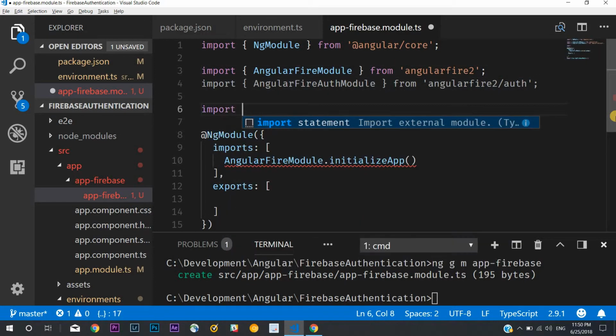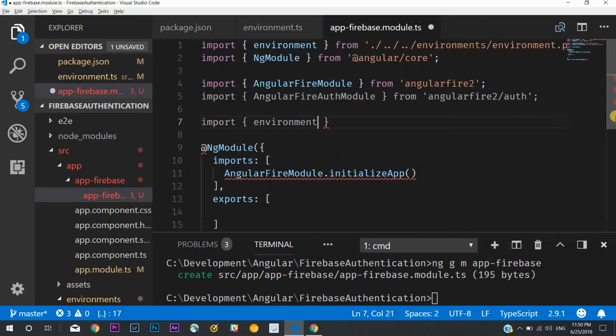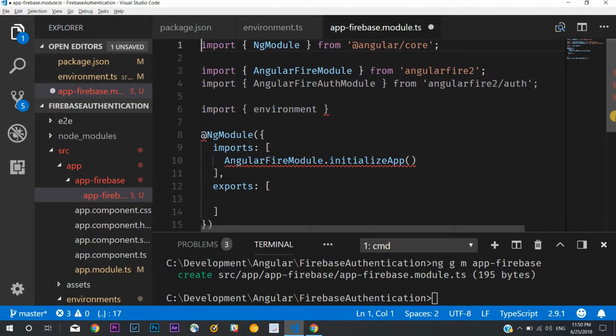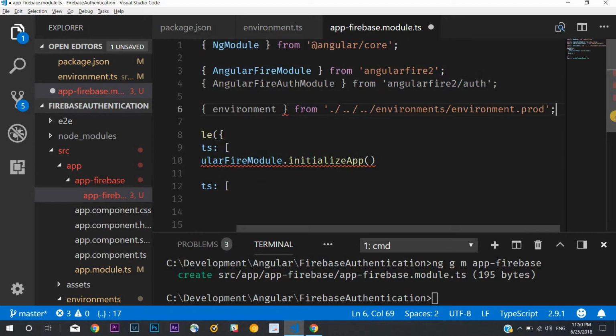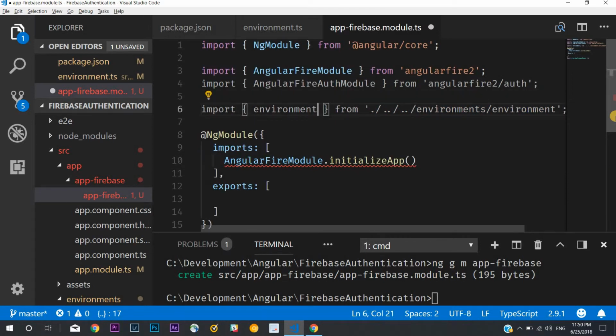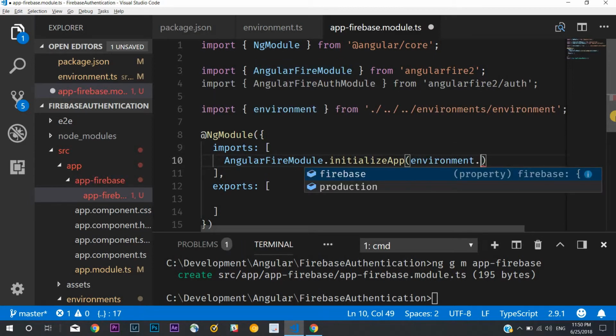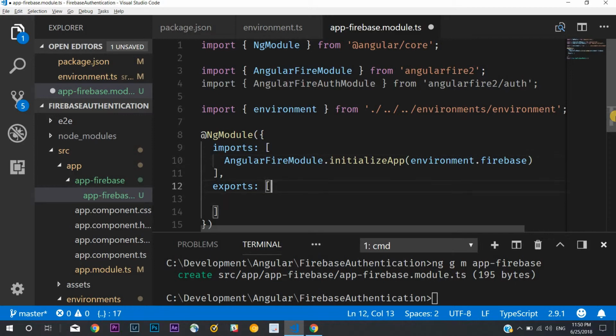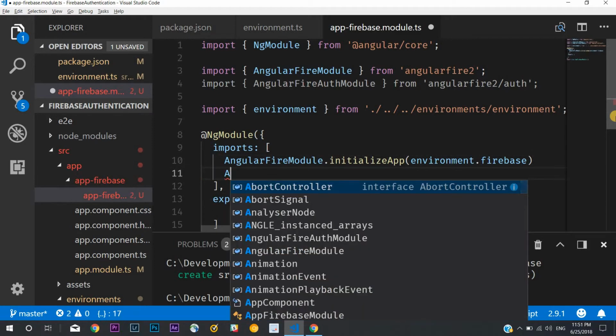So I'll import that environment that was imported from prod, but mine is saved just inside the environment file. So now I can use this environment inside the initialize app. So environment.firebase, and then I also am going to import the